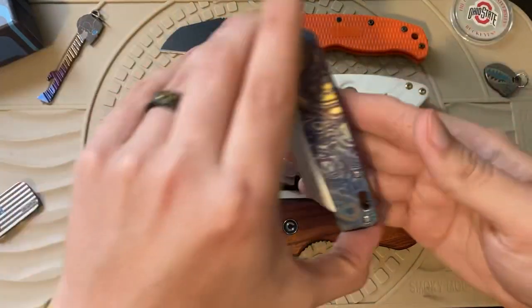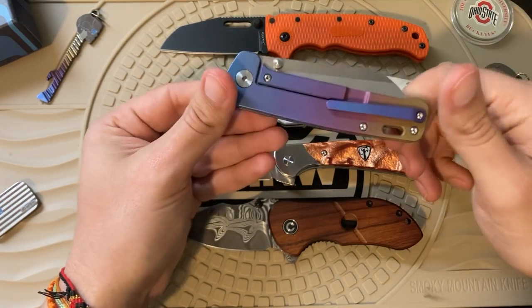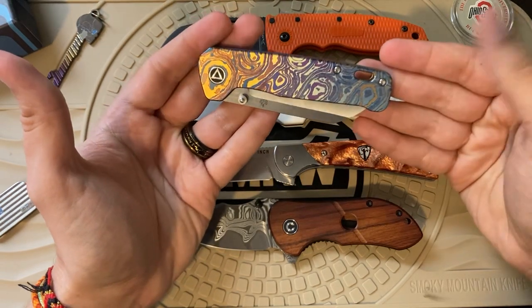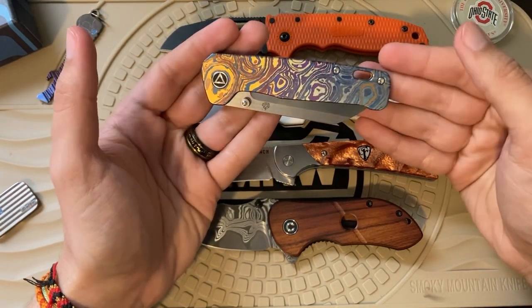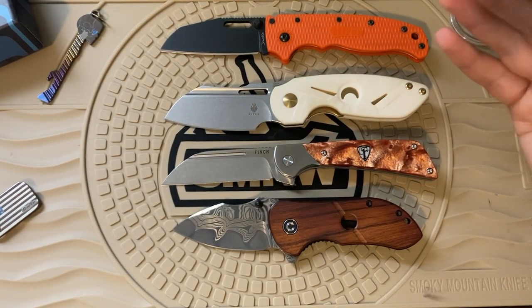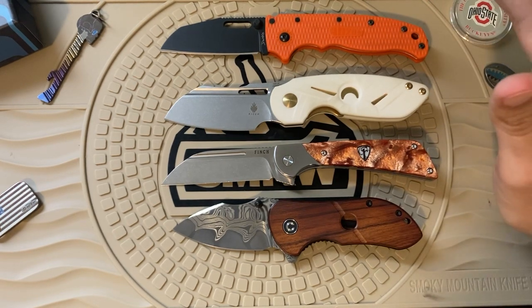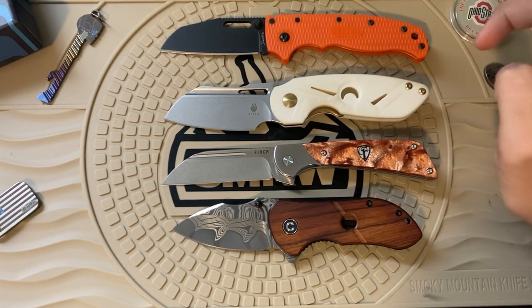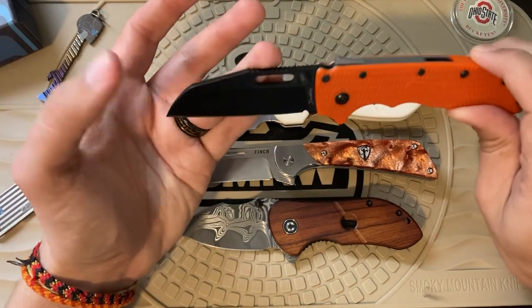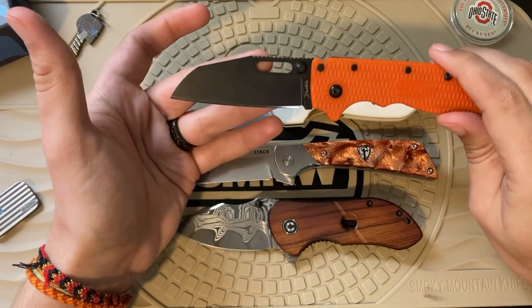Another example being here, this QSP Penguin. The scales have been anodized by Blades We Love. So now there is a customized value to these knives. When we're talking the price for these knives, we're talking just the base value that you get. Now, the only one sitting here that I would say maybe has some talking points for not being worth its value might be the Demko, but then again, the Shark-Lock is a little more expensive to manufacture,